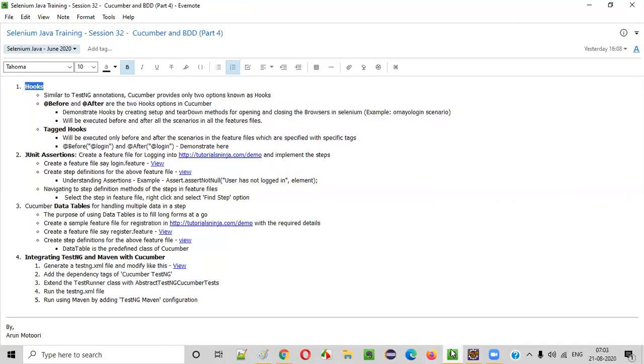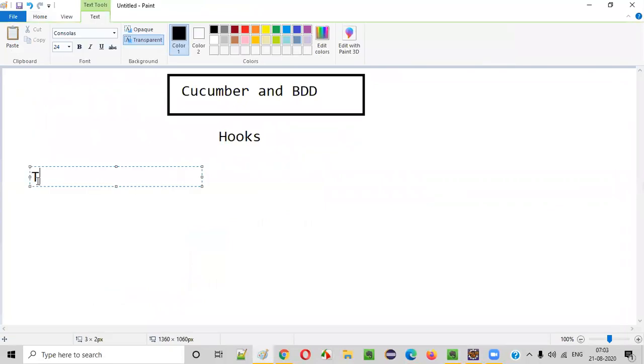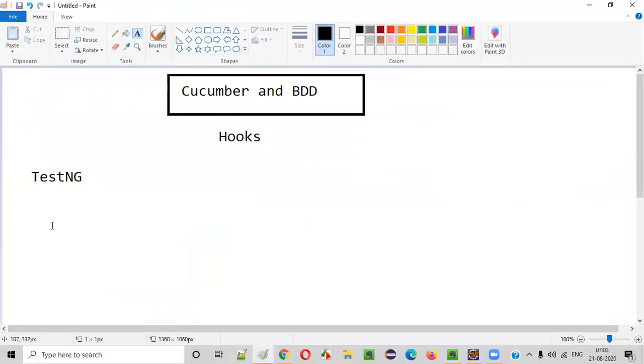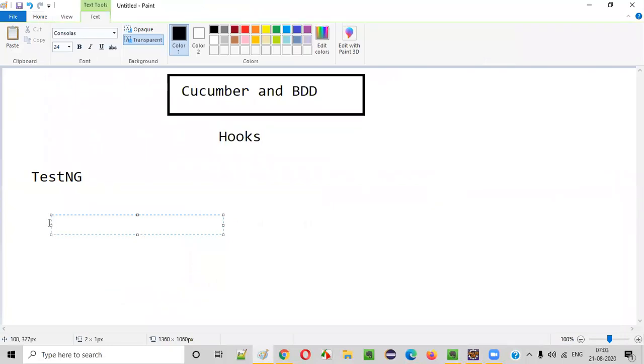So if you remember, if you go with TestNG, there are different annotations, right? For example, there is a test method. Which annotation will you use for making a particular method a test method in TestNG? What's the annotation we have to use for converting a normal method to a test method? Yes, Karan, you are right. We have to use @Test, right?